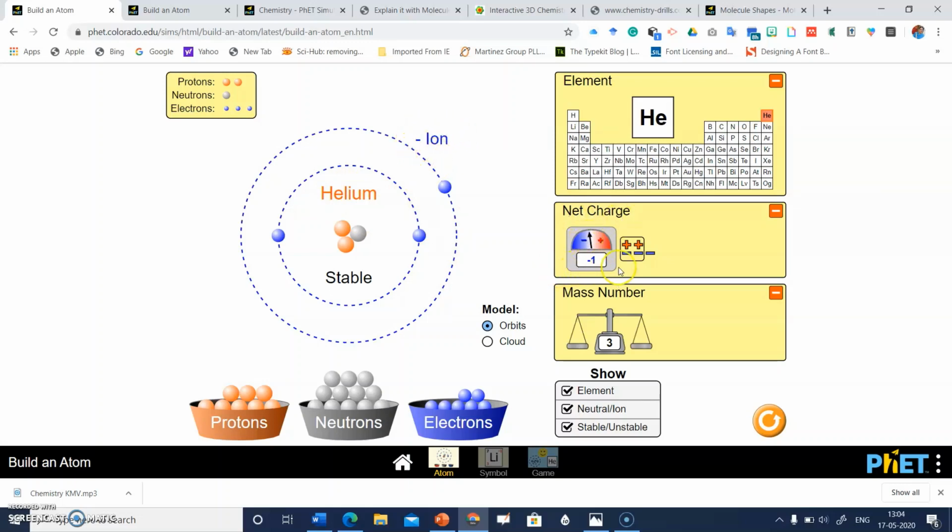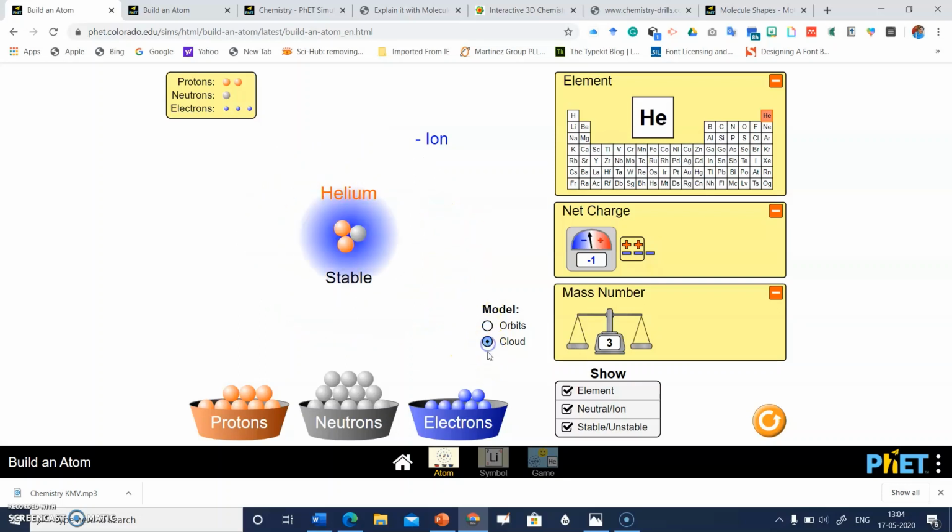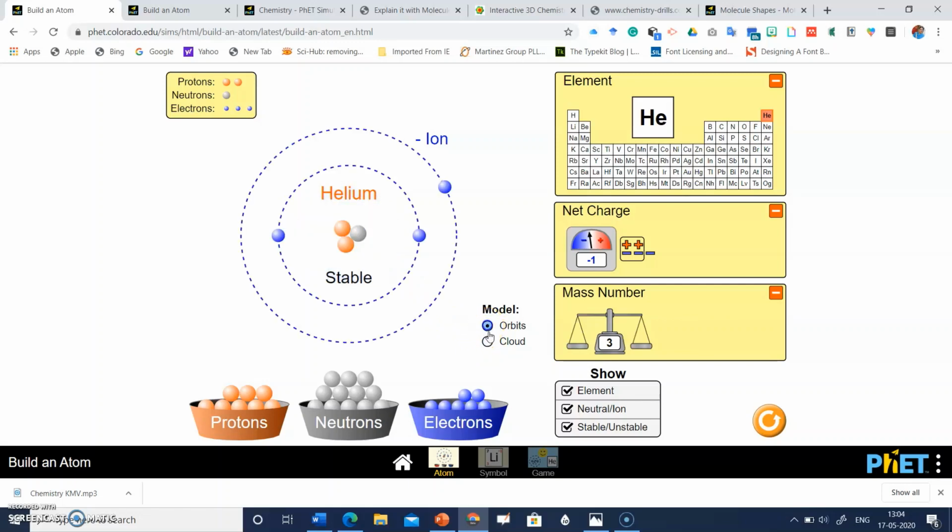So net charge is -1, mass number is 3. So orbitals are also shown, and if a student wants to see the cloud, then if they click on the cloud, it will appear as a cloud. If you want to see orbits, it will appear as orbits, right?